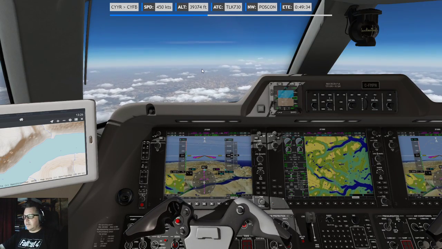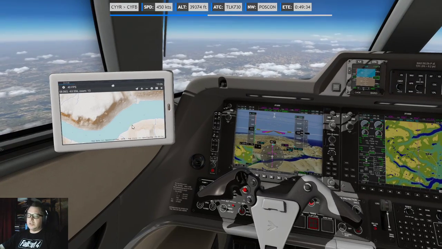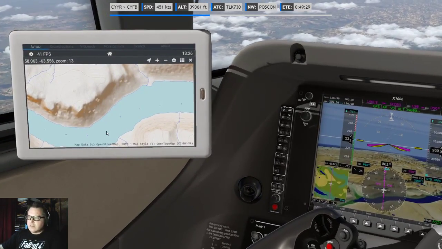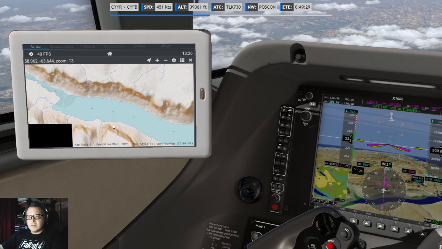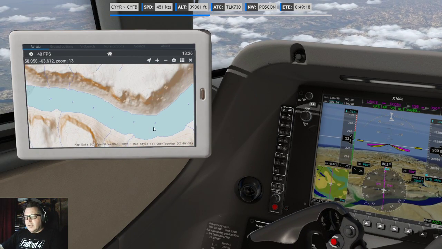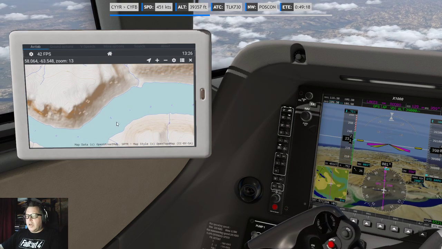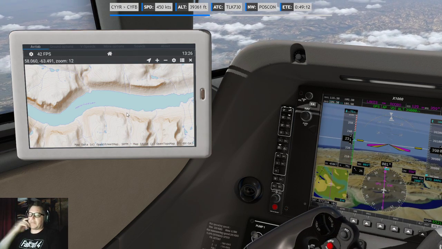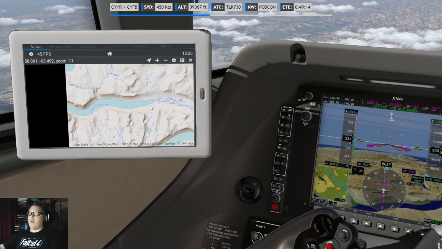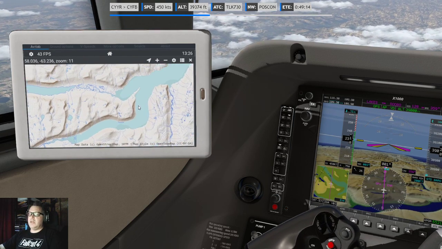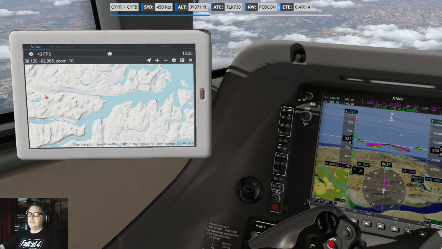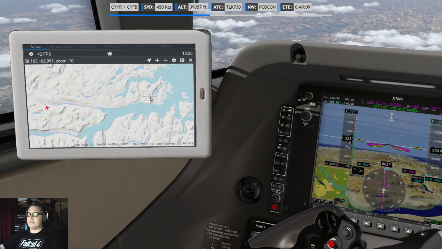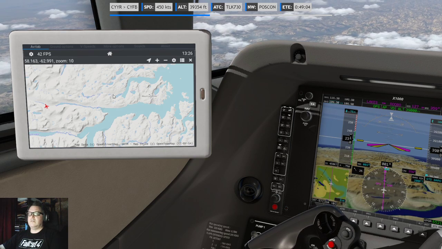Default with the help of SFD Global. All right, so what is this? Hebron Fjord Lake. All right, so if that's Hebron Fjord Lake, this would be Hebron Fjord. Mount Johannes. Cool.